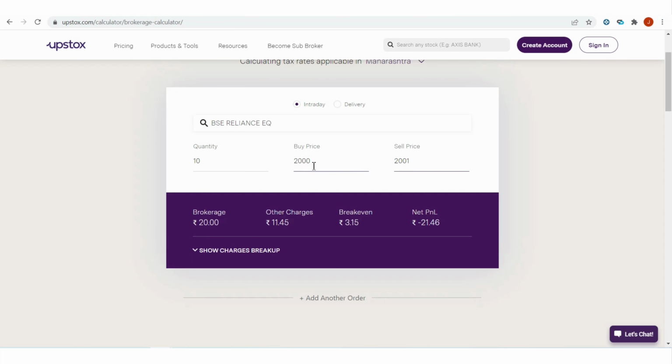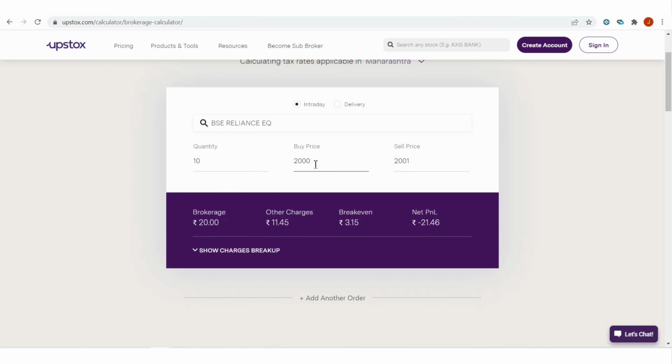Because here you can see, it is 1 rupee profit and you have bought 10 quantity. So it is 10 rupees of profit, right? But the brokerage and the other charges are more than 10 rupees, right? So that's why it's a net loss for you, right? Considering the brokerage and other charges. So the break even is the minimum amount of profit which you need to make, minimum amount of gross profit,